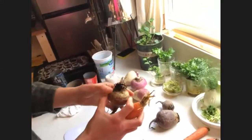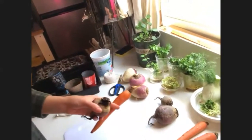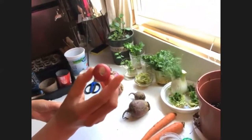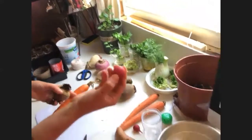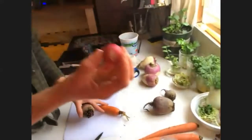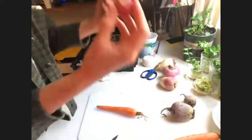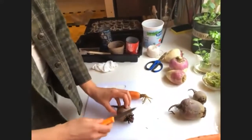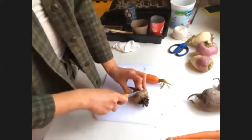Because that will ensure that it has a base to grow from. Like with these radishes, it's not really going to work because it's been cut down so far, unfortunately. We can try it nonetheless, but these are just radishes that came pre-washed and pre-chopped in a bag, so they're not really going to work for us. But with these, you just want to cut a generous amount